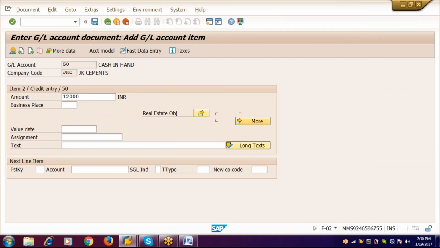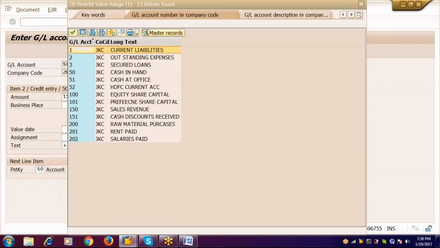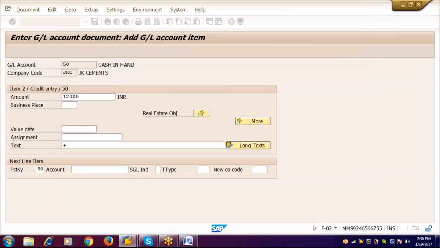But I've given only 12,000, plus again I'm giving the next line. That means this transaction is a single debit and multiple credits. In the multiple credits, I am giving the cash at office. The remaining amount is 30,000 minus the 12,000 that has been done, so the remaining is 18K. Plus